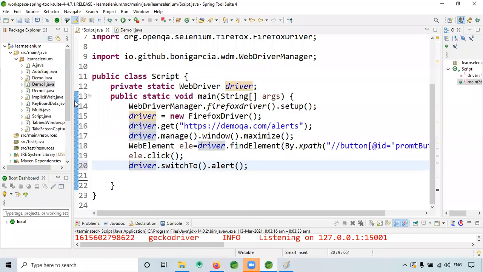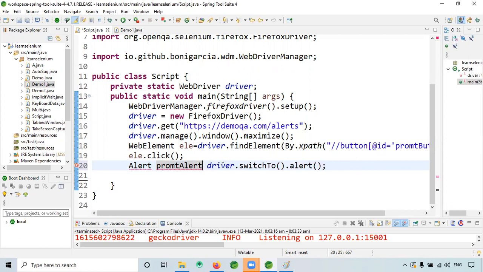I want to get that text. For that, just give a String alertText. Okay, so first, this is the right driver.switchTo().alert(). You need to store it in something called Alert, the prompt alert.